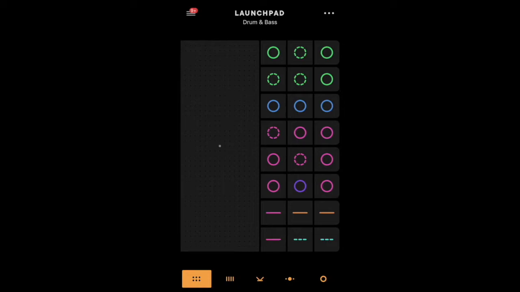Excellent. So this here is our filter sweep effect. Did you hear that kind of sweeping sound that it made as we went from bottom to top? So I'm going to quickly play some drums and then I'm going to show you again. So got a little drum beat on the go. Now if I drag my finger down,